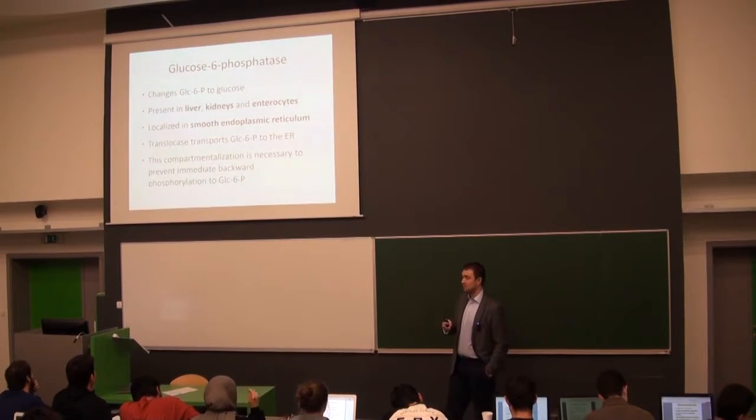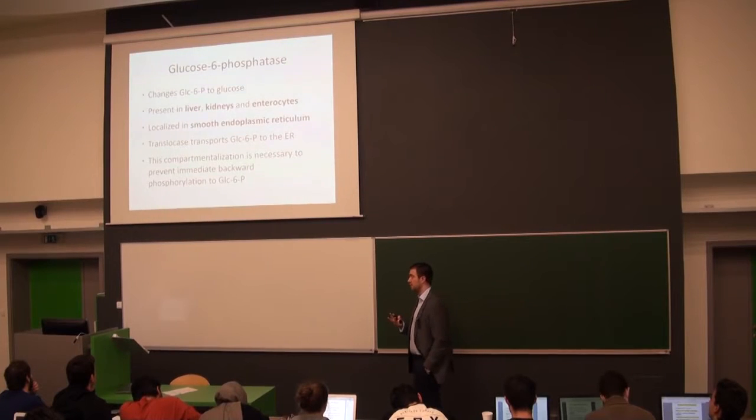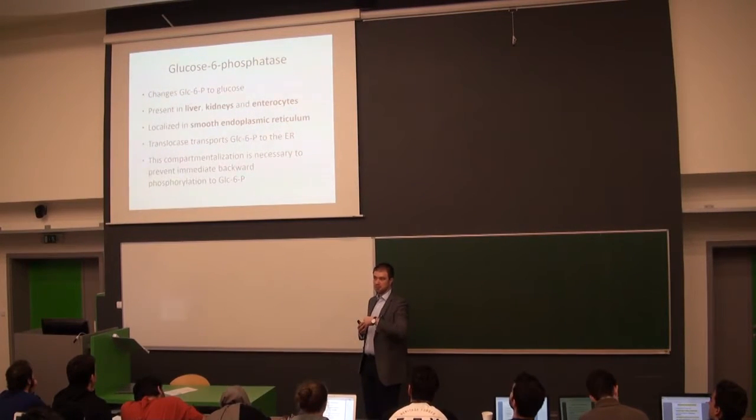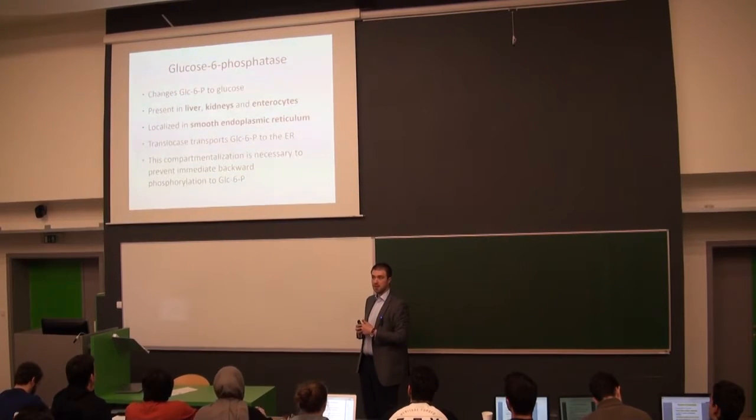Why you have it in enterocytes and in proximal tubules of kidneys is quite simple. You take the glucose through SGLT1 or 2, you phosphorylate the glucose, and when you want to release it into the bloodstream, you must remove the phosphate. So it's quite logical that without this enzyme, inside your blood would be glucose 6-phosphate, and you do not want that to be true.